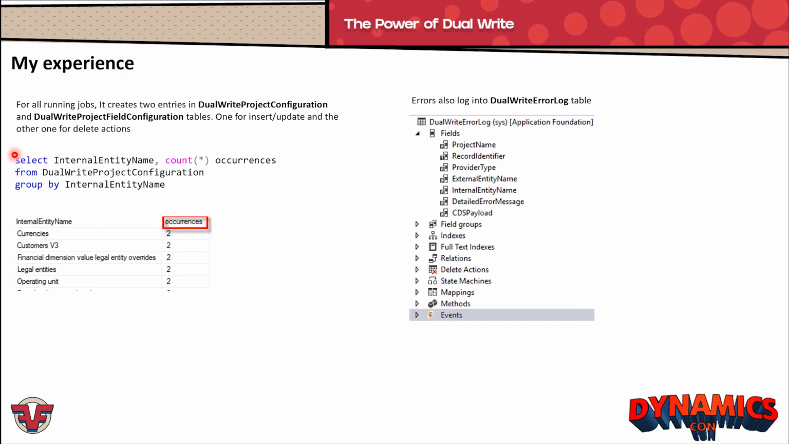This is the query which I mostly use to find out how many records get created for each entity map into this dual write project configuration. Make sure each entity you are trying to run has two records. One record is for create and update, and the second record is for delete. So make sure you always have two occurrences for each legal entity if you are using that entity for one